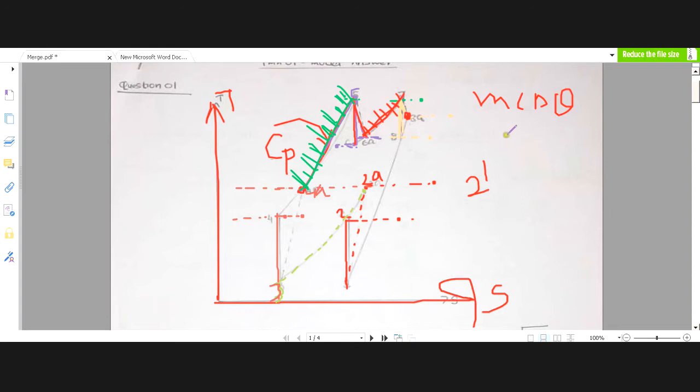Now you can connect the points. I will erase that again. Now it is very clear, point 8a and point 8 we can connect through a curve, because both point 8a and point 8 are at the same pressure. Be careful, it is not a straight line, it is a curve. Okay, done. This is point 1, right?